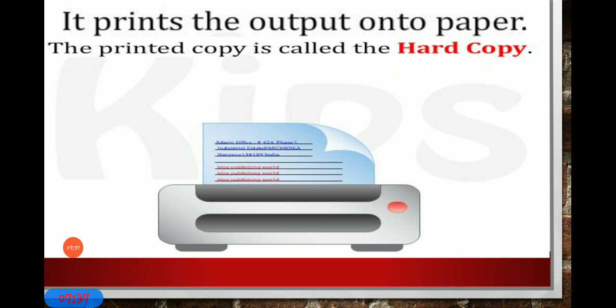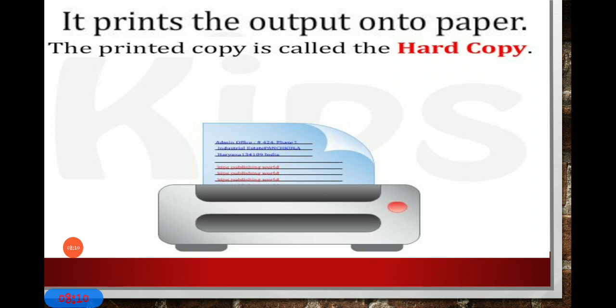Just like we all are typing your exam question paper in a computer system, right? We do not write down or create your question paper with hand or with pen. We type your question paper into a computer system. But how does it come on a paper? So with the help of a printer, we take out printouts, and whatever we type into a computer system comes on a paper.